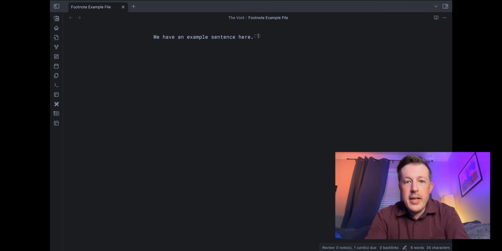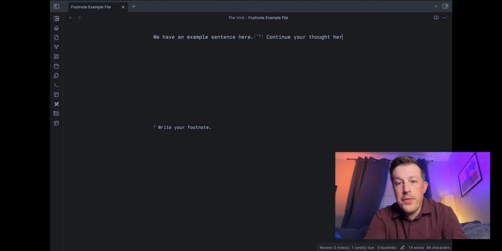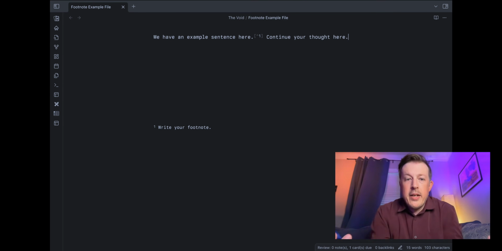You open bracket, up caret 1, close bracket, and then down here at the bottom, we can hit enter a whole bunch of times or whatever. And here's bracket, up caret 1, close bracket, colon, then space. Now you can write your footnote. Then you have to go back up and continue your thought here. That's how I thought that footnotes should work, and they do work this way, but as you can see, there's